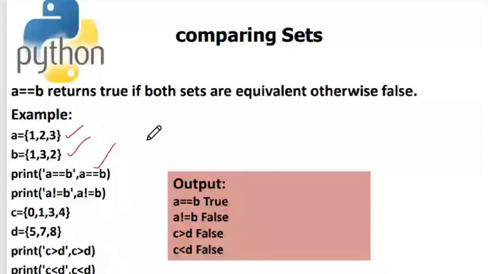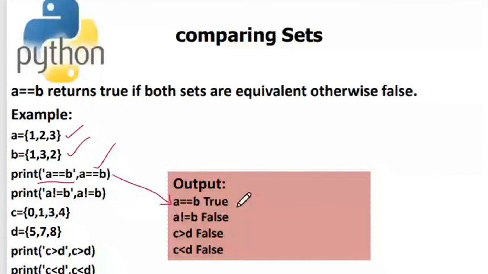So comparing these two sets, they are equal, so it will return true for me. You can see that outcome in the output. I just gave a string over here so that your output will be more readable and understandable, saying what the operation is and what result it has given. I formatted my print statement in this manner. So I said A is equal to B, which gives me true because both the sets are equal. All the elements are equal.